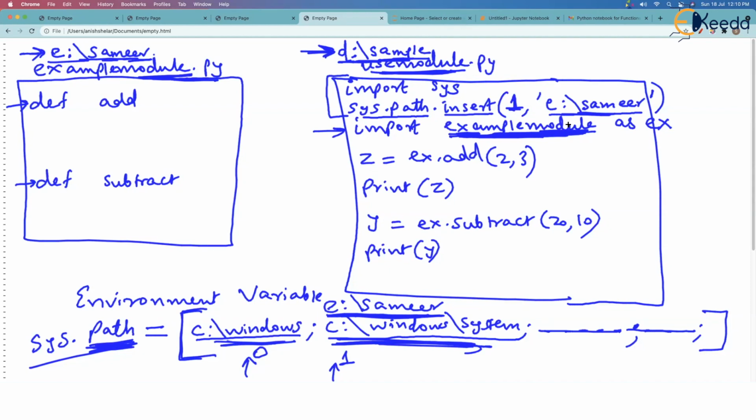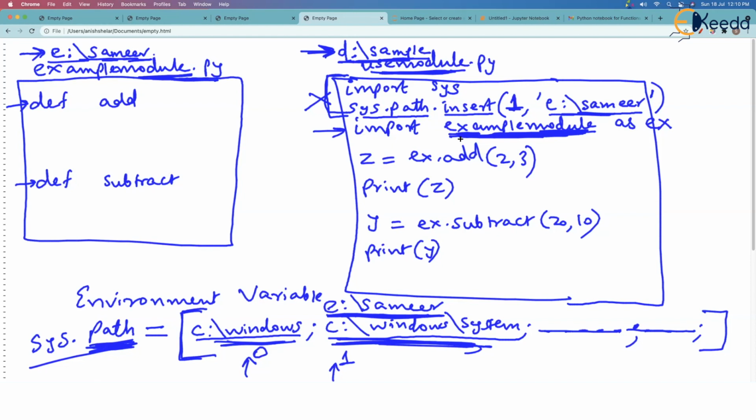You create a module in some other folder, you create use module in some other folder, and then type these lines. First of all, try running this program without typing these 2 lines, and you will get an error. Example module not found. Then you add these 2 lines, okay, and then try to run the code, it will run, which means we have updated the path.